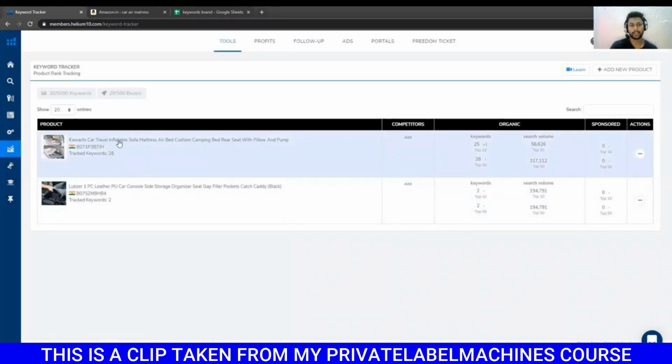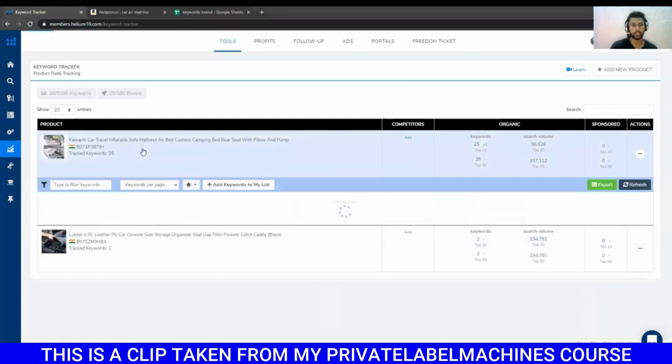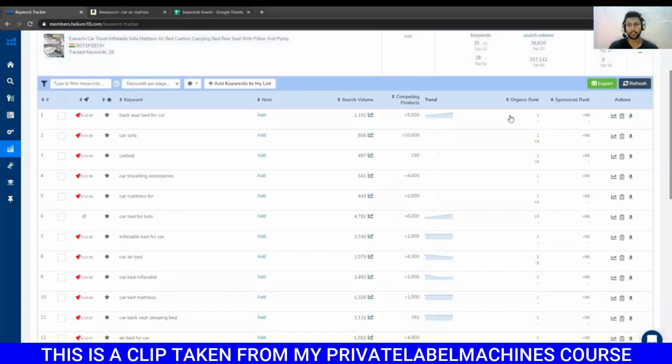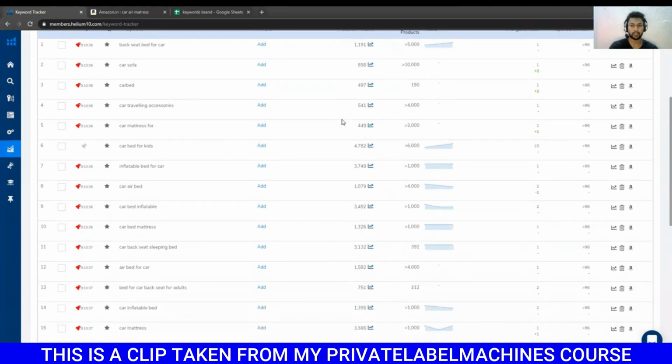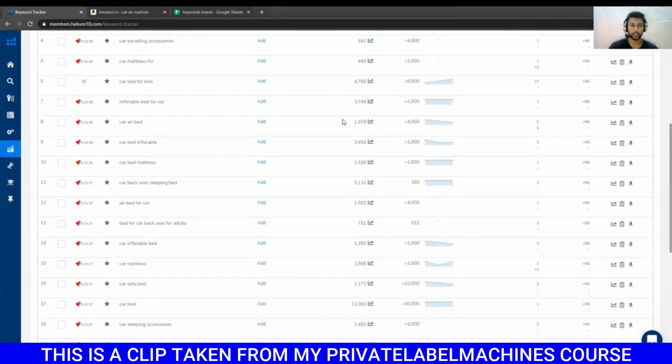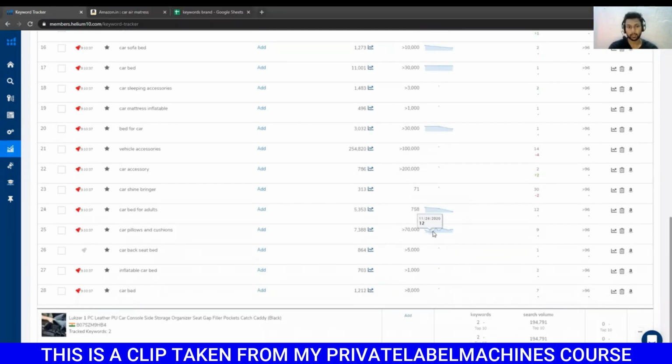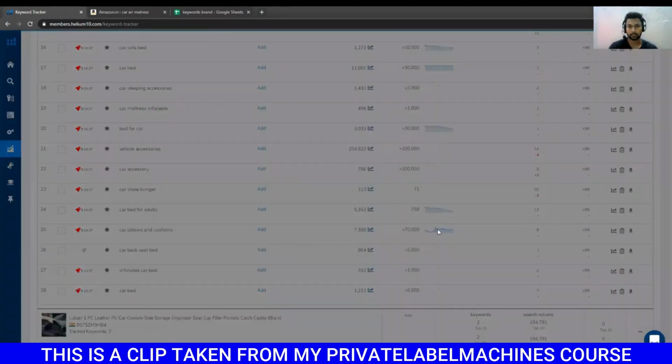So when you add it, this type of page will appear, then you have to click the product. And then you can actually see which keyword got away from the main positions. It might also have gone to the second page or something like that, because a new competitor came with a better offer. So let's look at this keyword.